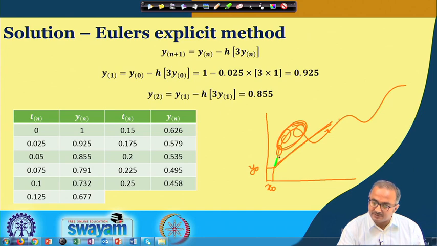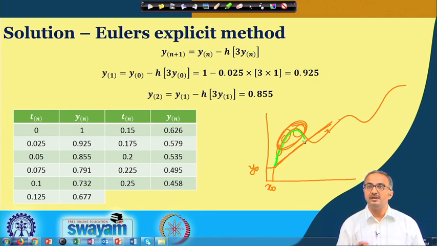So, I will go like this, I will take small steps and I will try to move like this, okay, so that I can stay near the actual variation. And you can see that the smaller the value of h we take, the closer we can stay along the actual nature of the variation of the particular dependent variable. So, that is how this step size plays a great role in deciding the accuracy of the solution, and whenever you are solving numerically, you should be aware of how to get this particular step size.